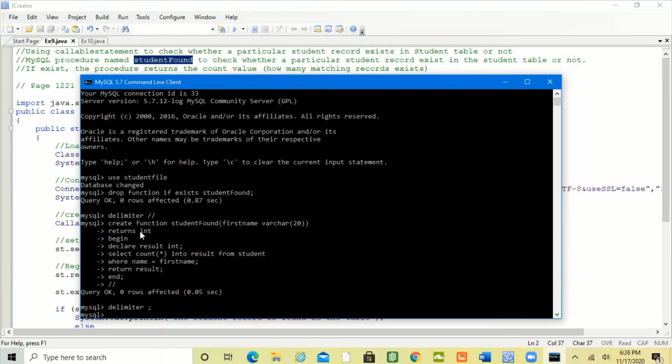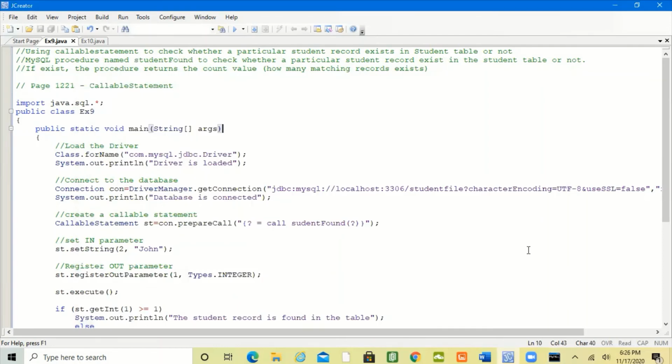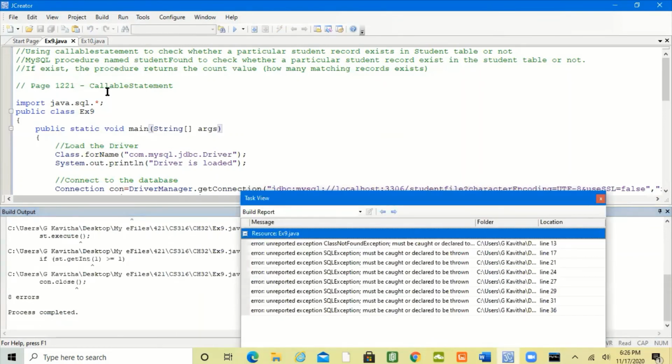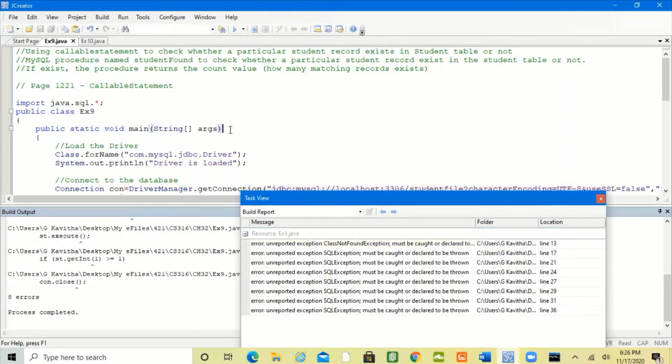Now I created the procedure, which is student found. It takes one in parameter, and there is one out parameter. So let's go back to the Java program. Compile the program. Can you see the error message? Unreported exception.